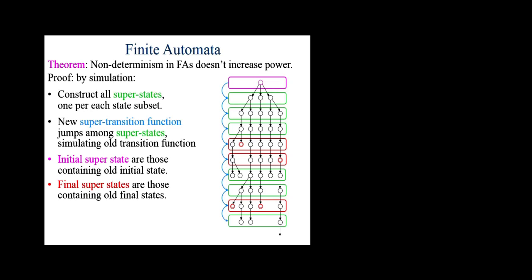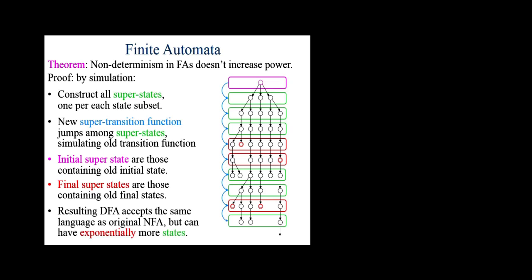All right, so that's the final superstates. So what we have here, finally, is a deterministic machine that simulates exactly what the non-deterministic machine did, or would do, on any given string, okay? And this is called a powerset construction. This is kind of an analog of the cross-product construction, but it generalizes the cross-product construction, because the cross-product construction only allows 2 states per superstate. This allows any number. But of course, there's only a bounded number of possible superstates.